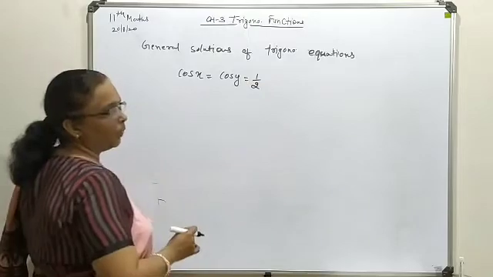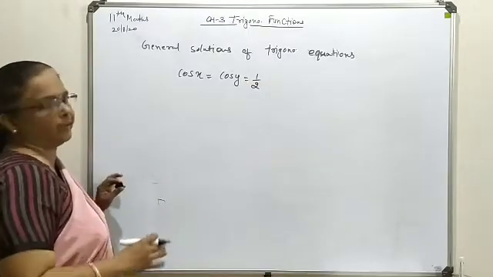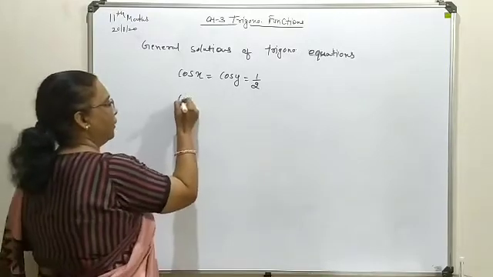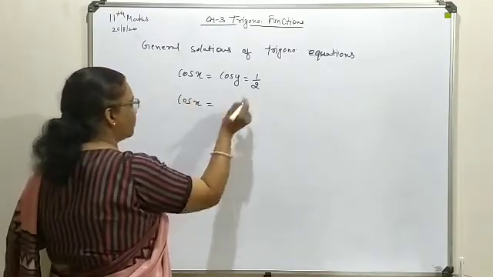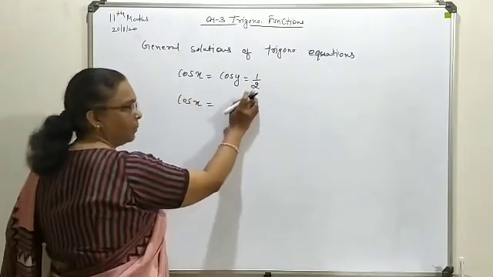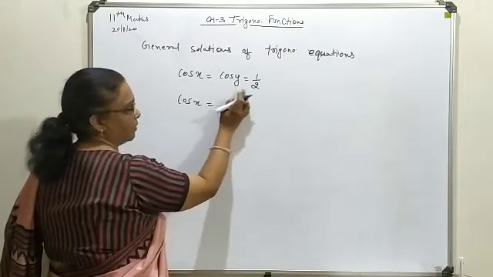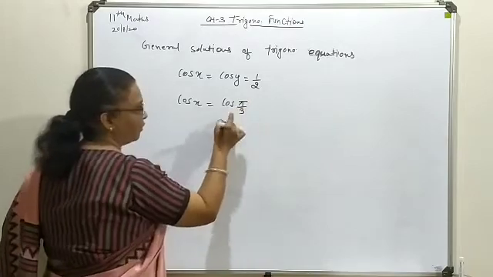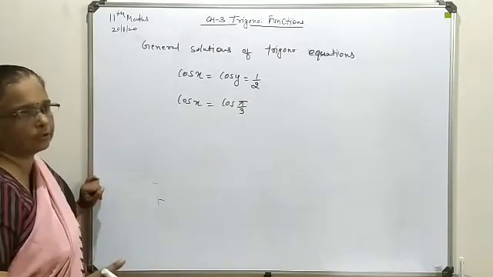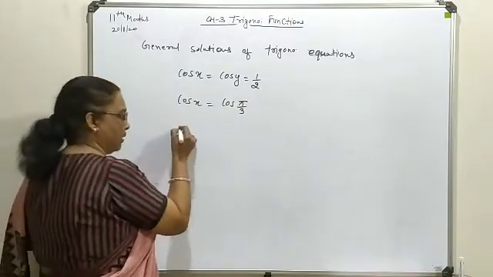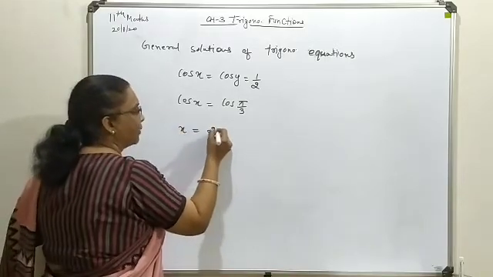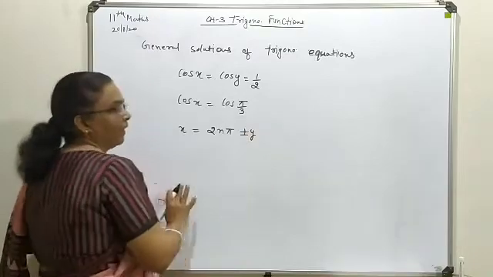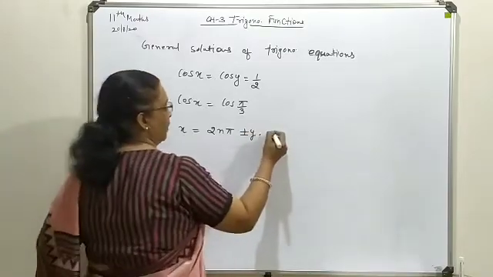Suppose it is 1 by 2. So I am going to write the particular case and also the general form. Now here cos of x with respect to the half value means at 60 degrees your cos tends to half. So this will be cos of pi by 3. Now the general solution we are going to write for cos is x is equal to 2n pi plus minus y. Here normally y you will write is